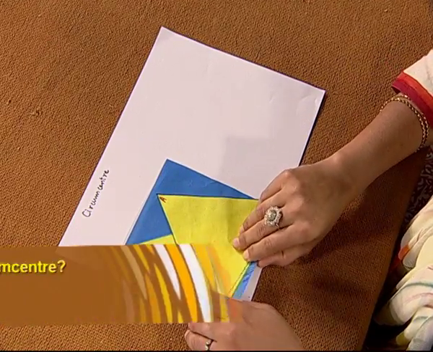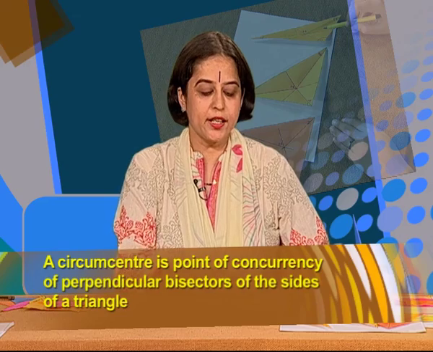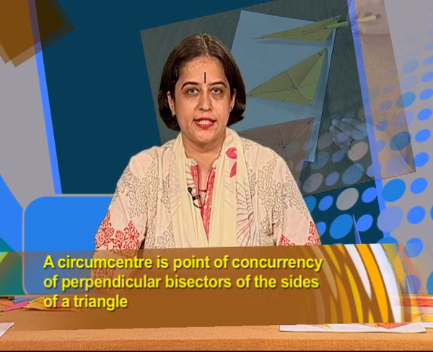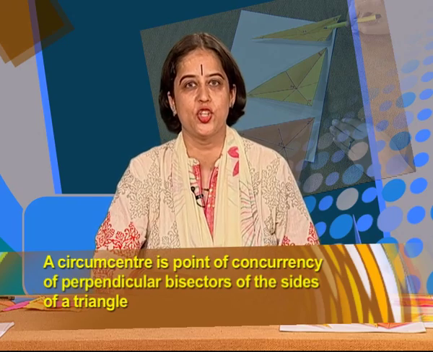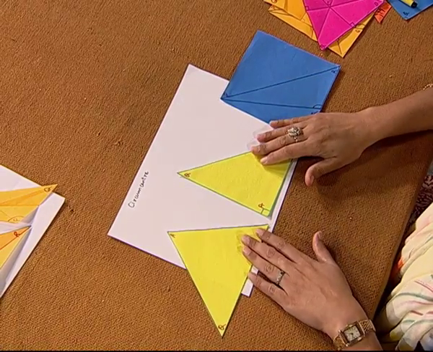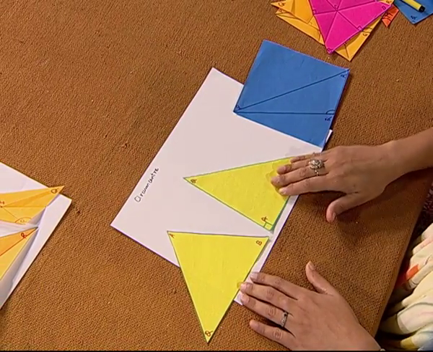Now we will explore the position of circumcenter in different types of triangles. What is a circumcenter? A circumcenter is the point of concurrency of perpendicular bisectors of the sides of a triangle. You know how to find the perpendicular bisector? We have done this activity earlier to get a perpendicular bisector through paper folding. Let us see the position of circumcenter in three different types of triangles: an acute triangle, a right triangle, and